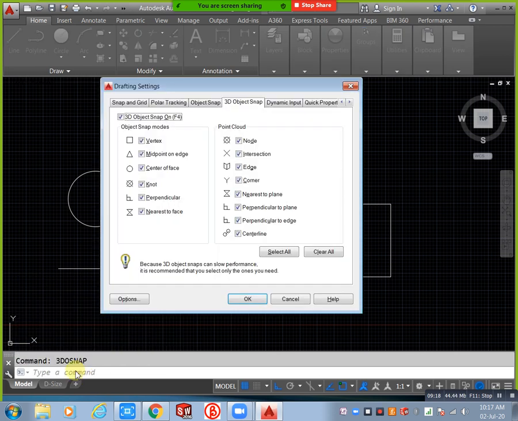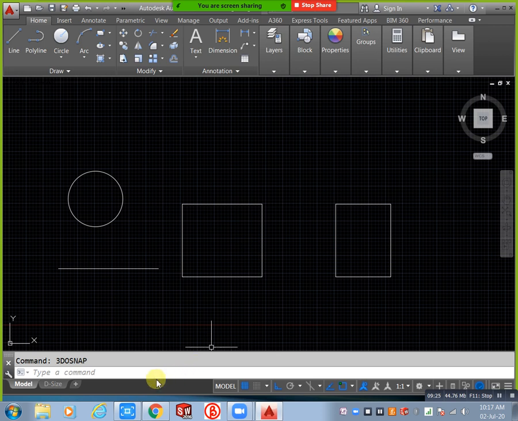If you need to turn off OSNAP or 3D OSNAP, just press F3. You can see OSNAP off, OSNAP on, OSNAP off, OSNAP on. If you need to turn it off, directly click on that; if you need to turn it on, directly click on that. Next, F4 also toggles 3D OSNAP off.